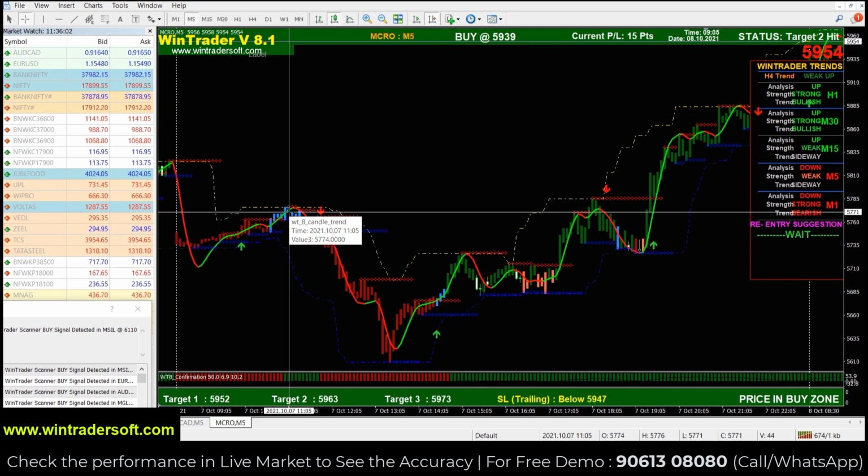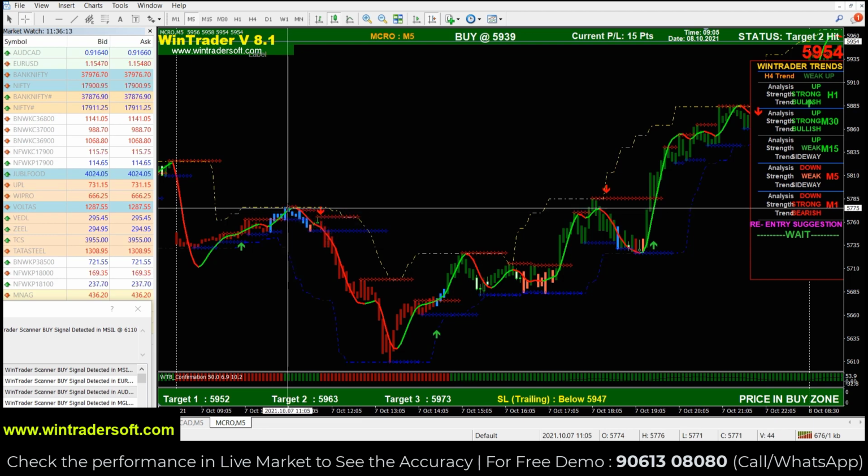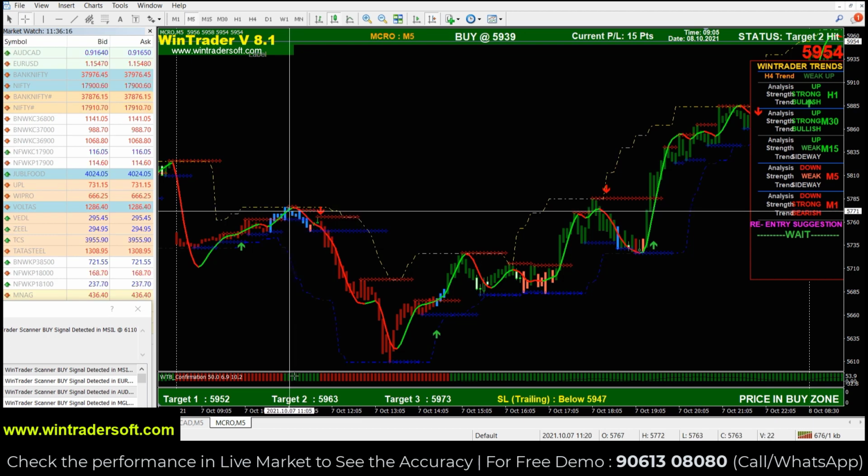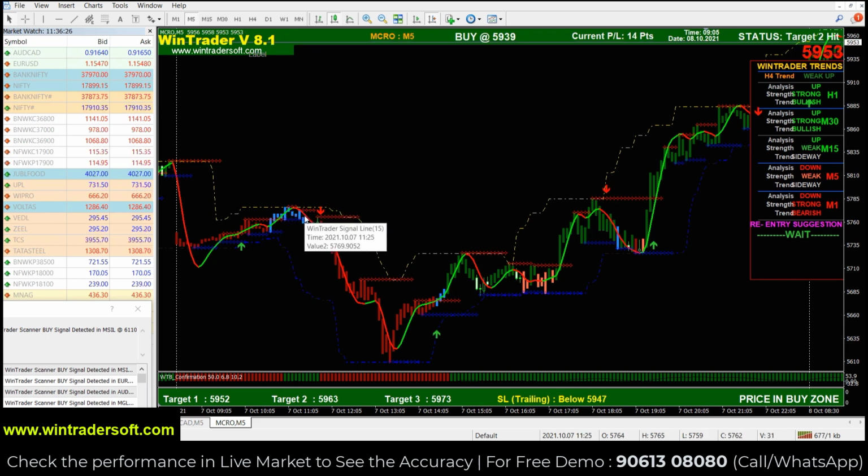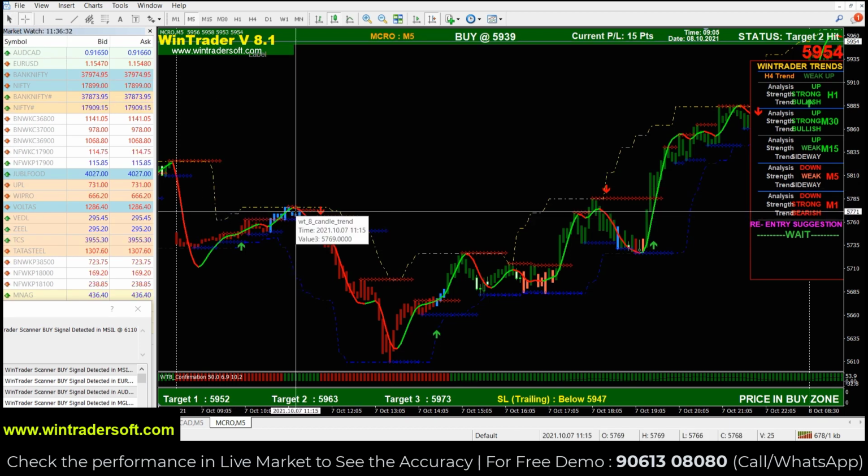So when the next signal is generated, only if these three confirmations are okay can you enter the trade. If it does not match these three, we have to avoid it. In this case it's also the same. The signal was generated on this candle, the bottom bar had not changed, and it turned green at this point. The price may be in the buy zone, but the candle does not match. If you enter this trade, it will go down, and we may face a huge loss. So just avoid the signal. We can easily avoid losses. This is a better example of false signals. Only if the signal is generated with these three confirmations can we enter the trade. Otherwise, just avoid the signal.